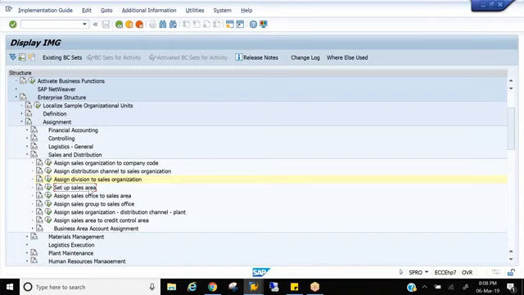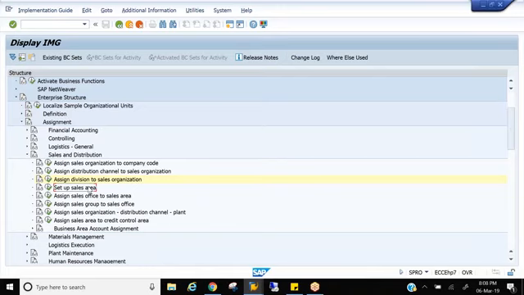Why you should not have more number of sales areas? Because as I told you, the structure will get very complicated. So restrict that. To have an easy structure of reporting and everything, you should have fewer sales areas. So what is sales area? It's an assignment in the SAP system, because we don't see sales area in a general business. Okay, it's an assignment in the SAP system which will help us to create master data and transactions.